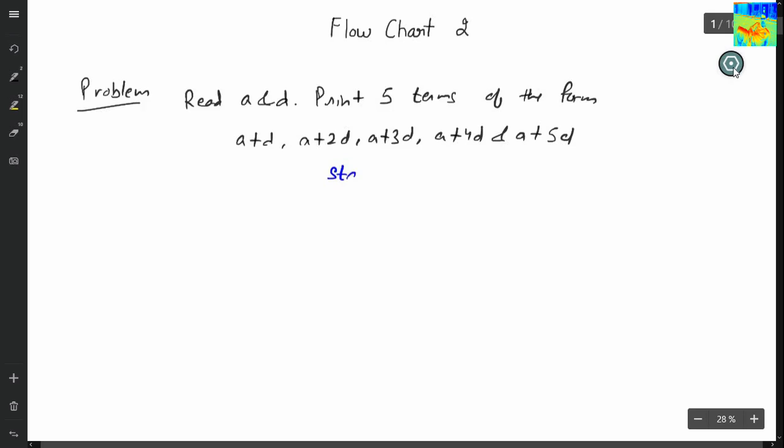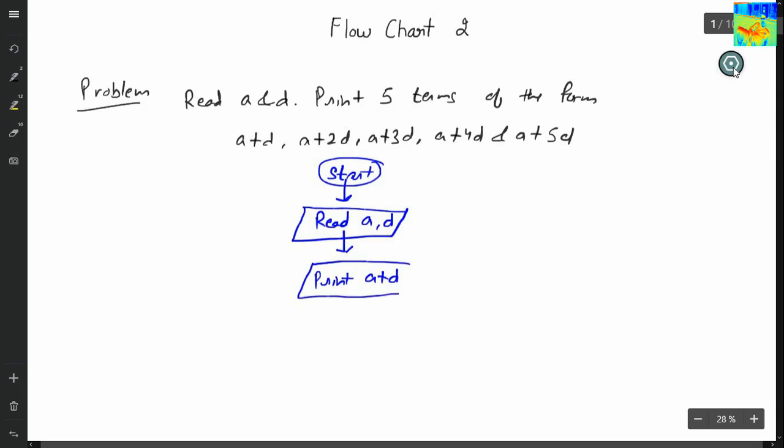I will start my program and then I will read two numbers. Read A and D. And then I will print A plus D. Now I will print A plus 2D.